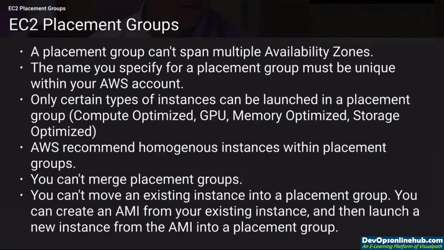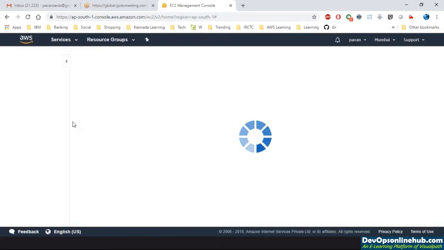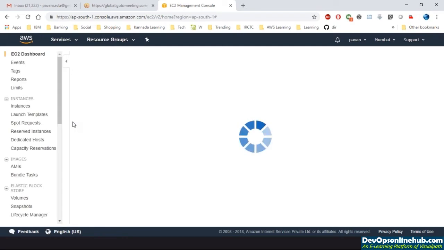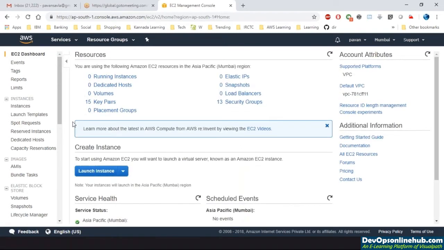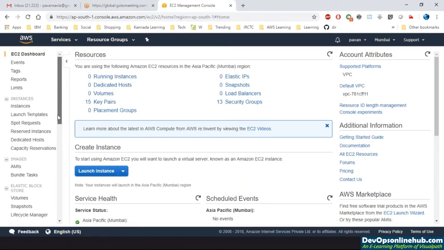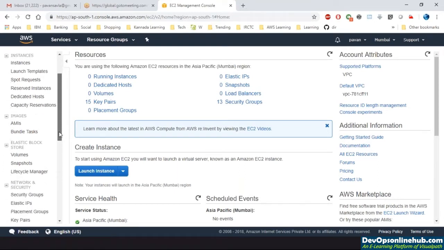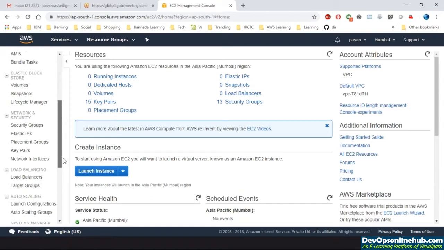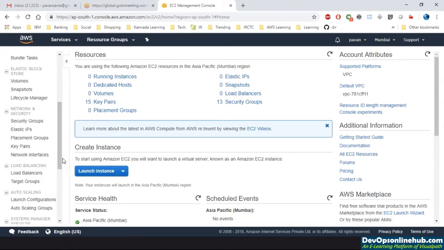So I have logged in to my AWS account. On the left hand side of the navigation bar, if you go down, you should be able to see the placement groups, which is part of Network and Security.